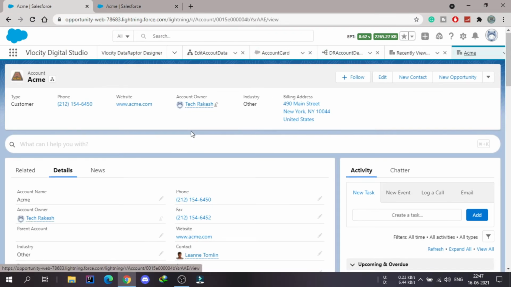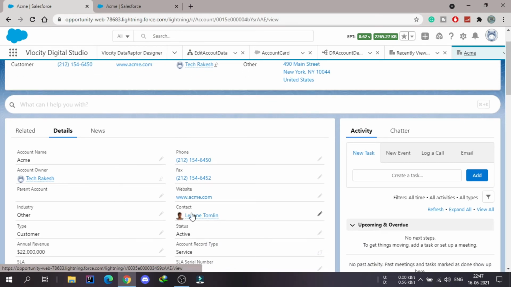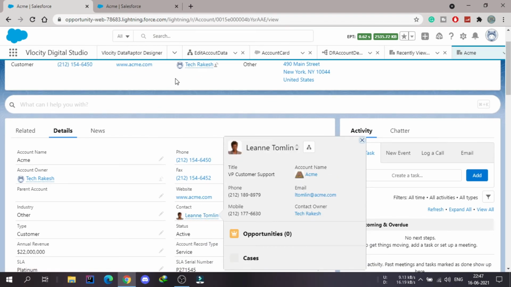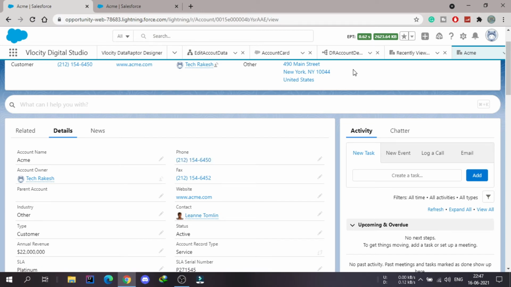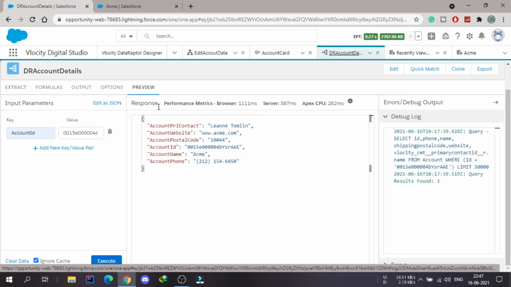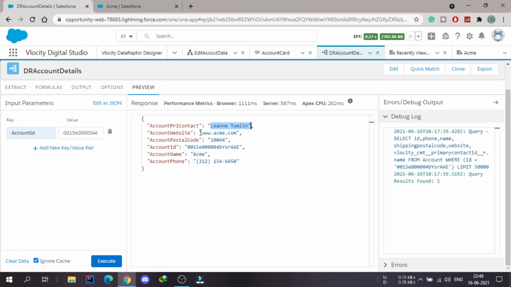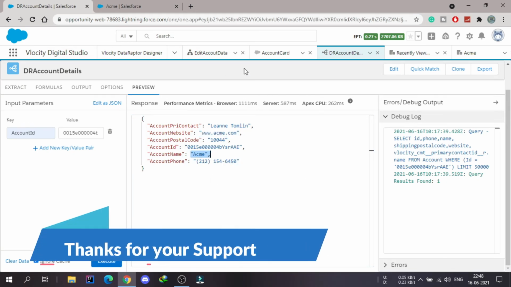This was the Acme account having the primary contact as Leanne Tomlin and the phone number as this. So let me go back to data raptor. So the account primary contact is Leanne Tomlin, the website is this and the phone number is this and the account name is Acme. So the data raptor is basically the UI part of SOQL.